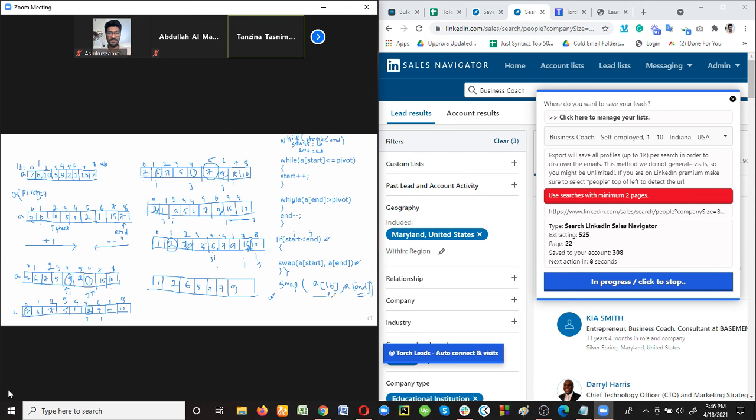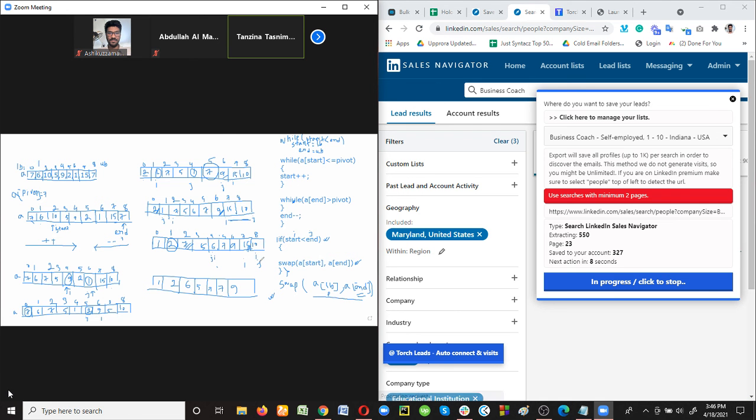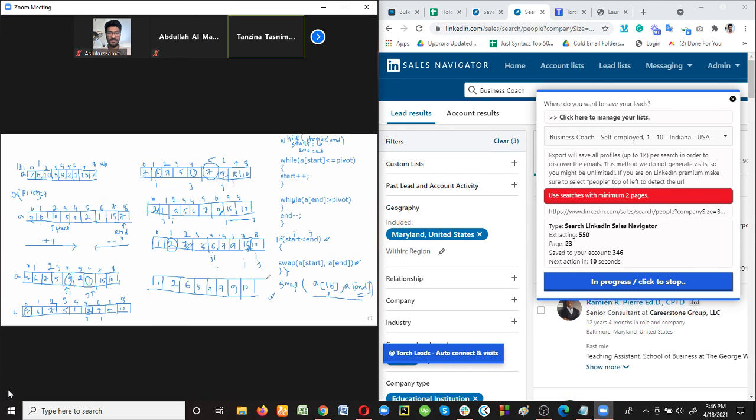Look at this, A[pivot] and A[end]. So A[end] equals 10 and A[pivot] equals 15. So here now we will store 10, after that 15. Okay, so now the pivot element is placed in the correct position.